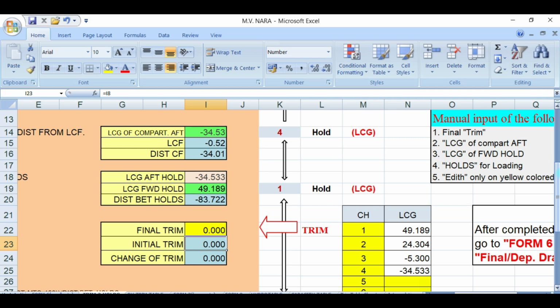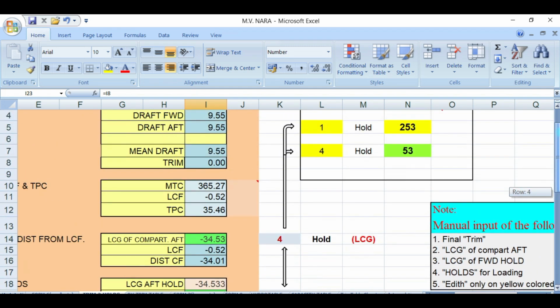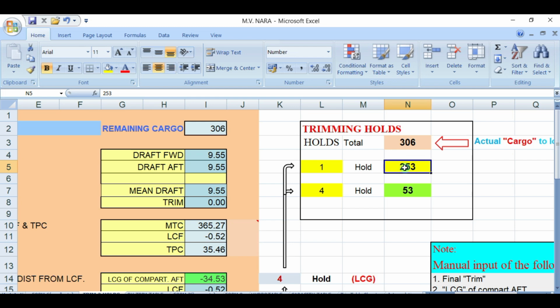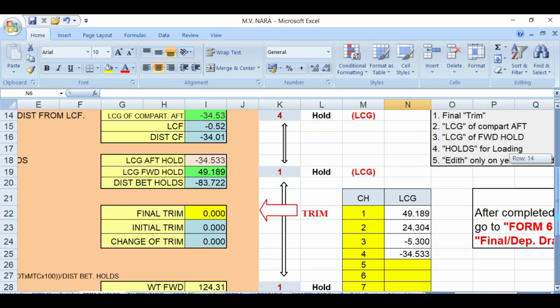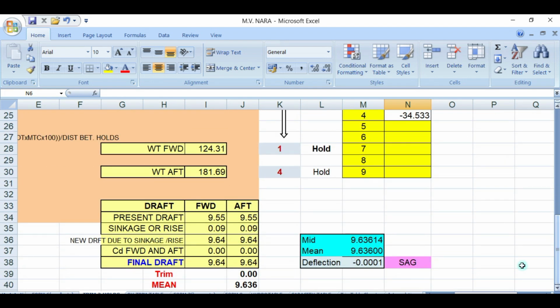And how much would I load in hold number 1? Number 1 will be 124. So I put here 124, and number 4 will be 182. Here you are.